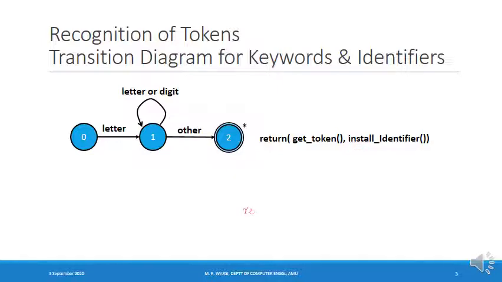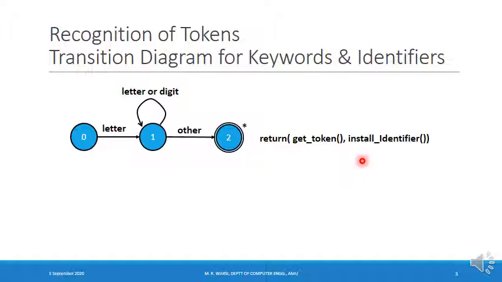What was the action in relational operator? It was returning relop as a token and value of the token being whatever is there in the source program. For example, let us say this. Compare this action with the action which is there in case of identifier. So action for identifier is different and action for relational operator is different. Now let us discuss what is being done by get token and install identifier function.